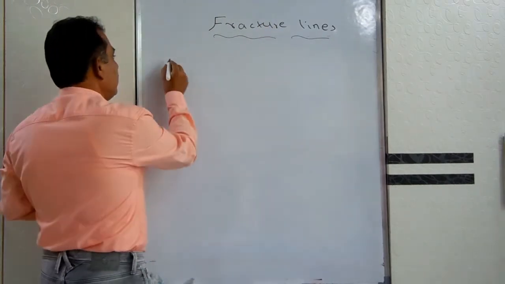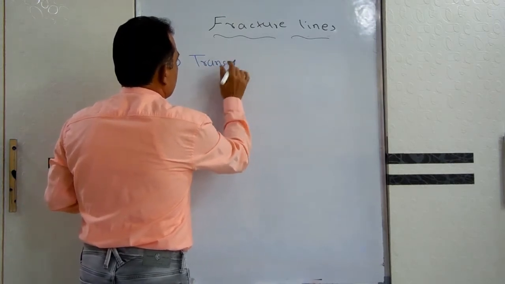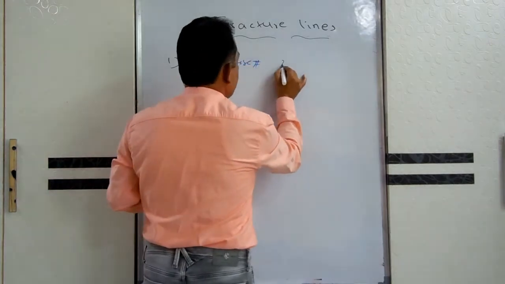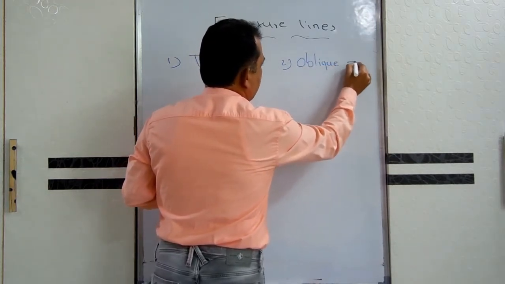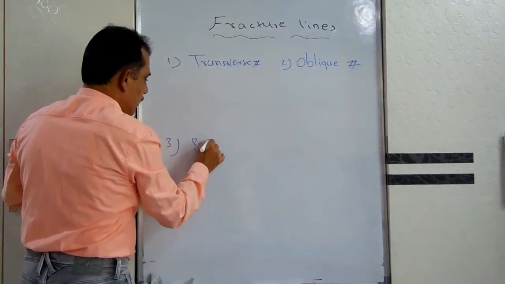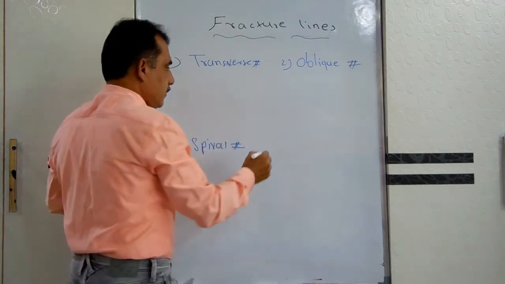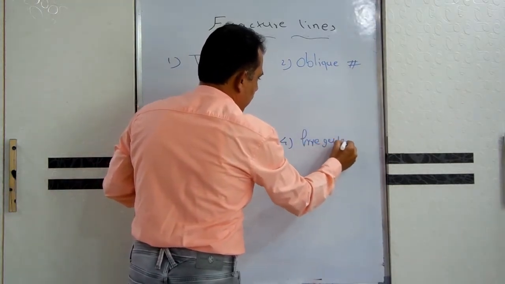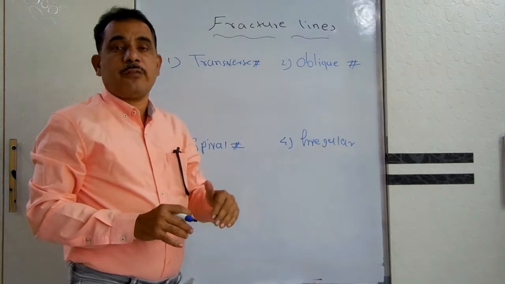These are, number one, transverse fracture. Second, oblique fracture. Third, spiral fracture, or you can say spiral fracture line. And the fourth one is irregular. These are four types of the fracture lines, and on the basis of the fracture lines also,